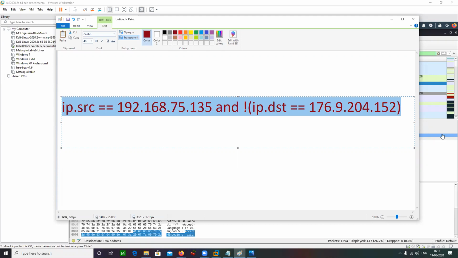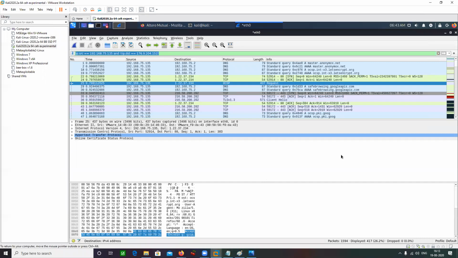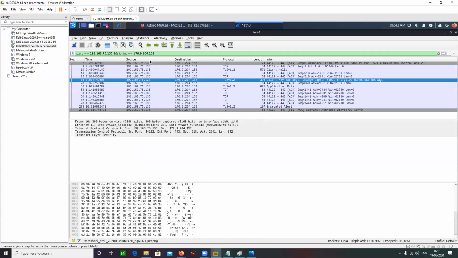We can see it in the Wireshark as well. So there are symbols as well for these operators. Like for AND, we have got the double ampersand. This is your AND operator.